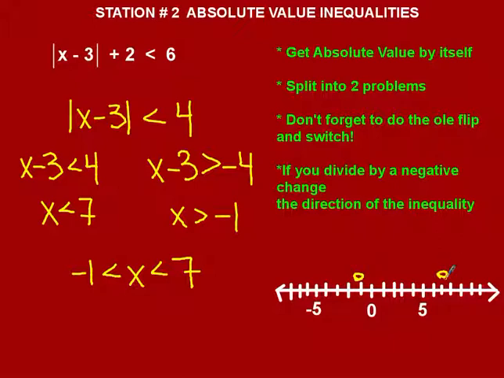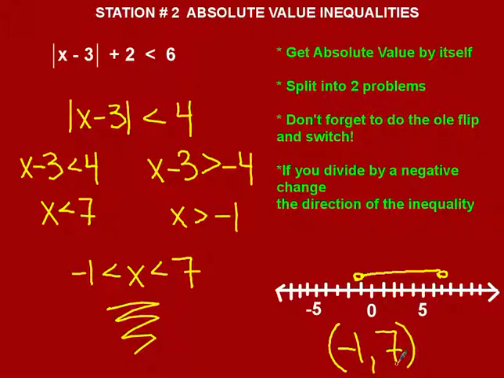And the solutions are between these numbers. This is an and. An and will always have the line in between the 2 solutions. We could also write in an interval notation. My solutions are all found between negative 1 and 7. And I'm going to use parentheses instead of brackets because there's no equal sign. Now, on this one, make sure